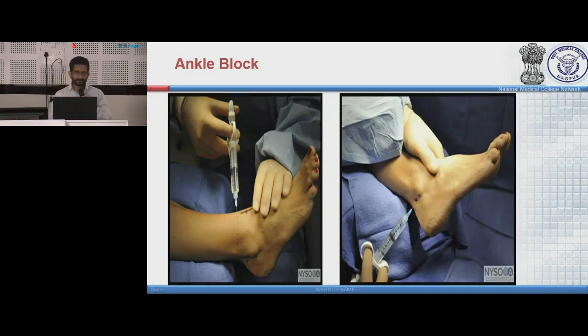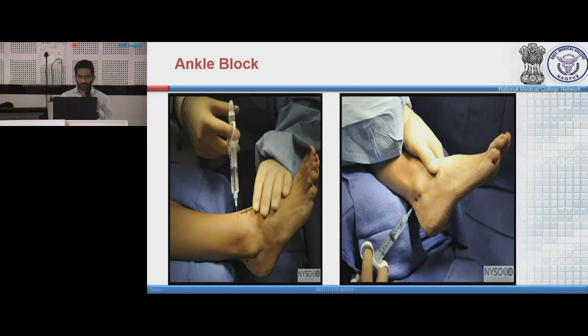Infiltrate local anesthetic drugs subcutaneously in between the Achilles tendon and lateral malleolus, and laterally go towards the midpoint between the medial and lateral malleolus. Inject 5 to 10 ml of drug. Then deep peroneal nerve: palpate the dorsalis pedis artery; the nerve is medial to the dorsalis pedis artery and lateral to the hallucis longus tendon. This is the needle entry point, around 1 centimeter depth. Infiltrate 3 to 5 ml of drug that will block the deep peroneal nerve.